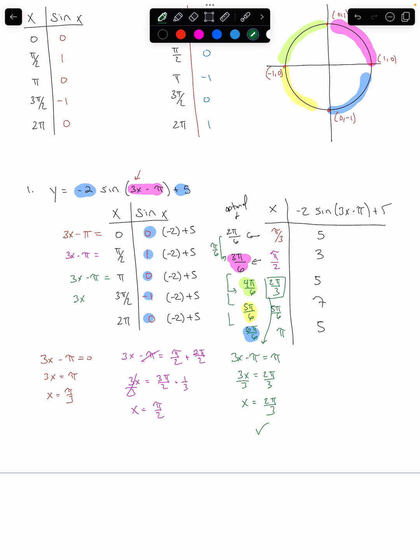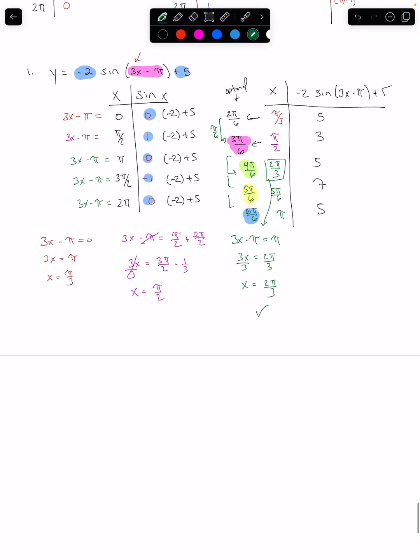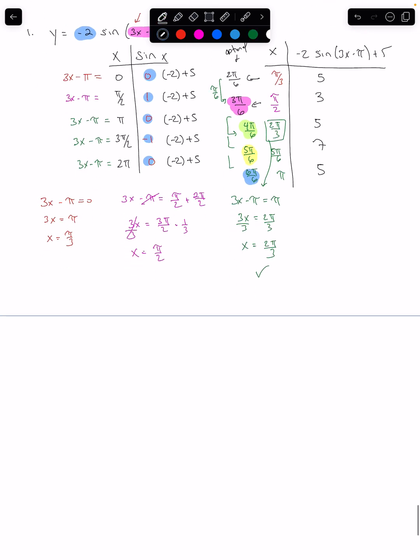All right, so you can go about doing this either way. You can set each one of these equal to each x value, and you'll get the right answer every time for your x values. So now when I go and graph this,